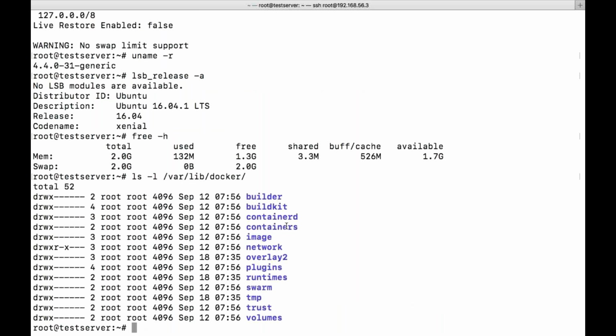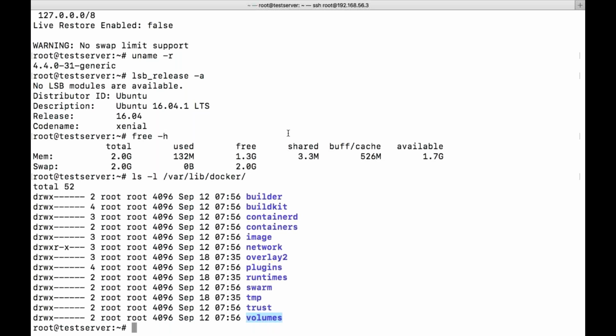Container daemons will be stored in this particular directory. And overlay2, drivers, plugins, runtime, swarm, and then we have tmp directory, trust, and volumes. Other directories you will understand when we come across that particular topic. As of now, we need to remember only a few things. But the ultimate goal is that entire Docker related information, or Docker home directory, is nothing but /var/lib/docker. Some people will call it the Docker home directory, or some people will say the directory where the information is located. Then you need to say /var/lib/docker. That's it.